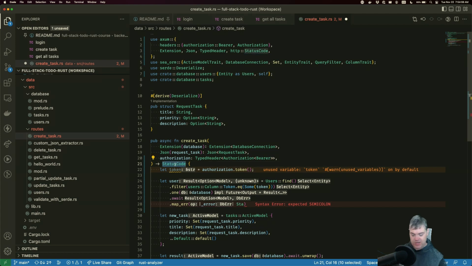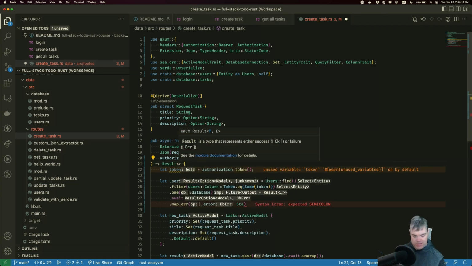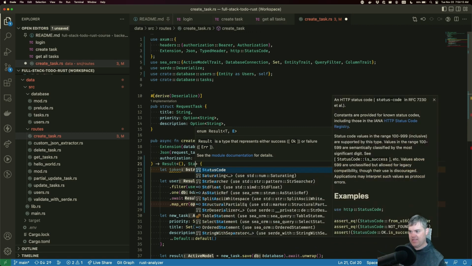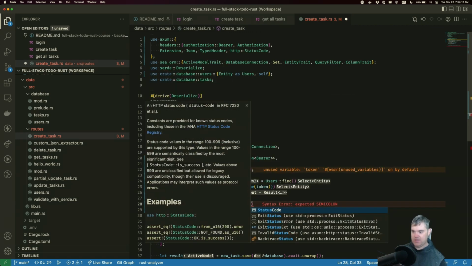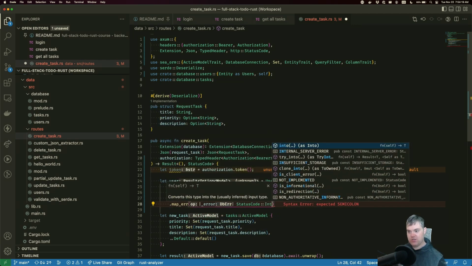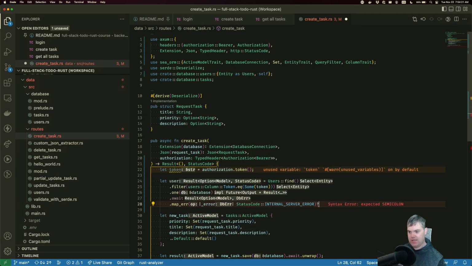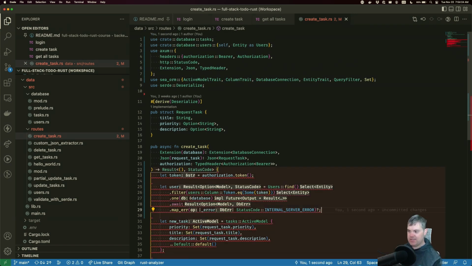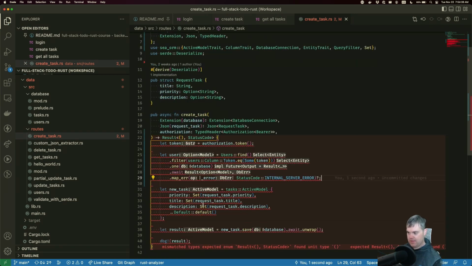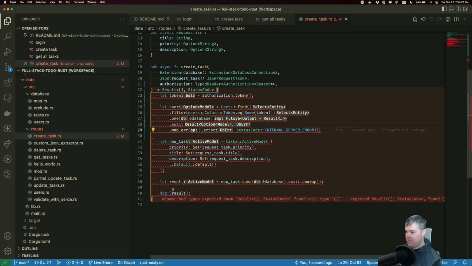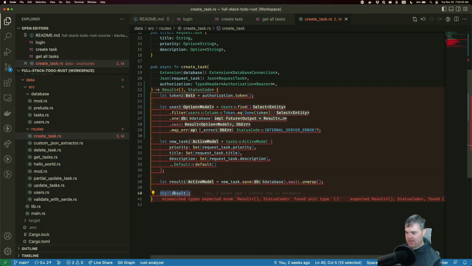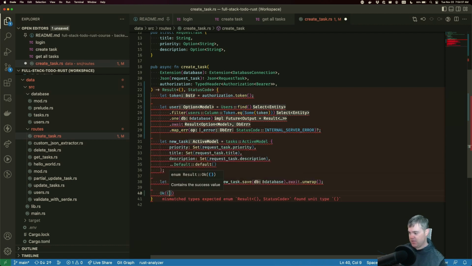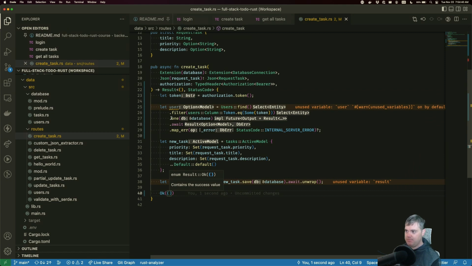In fact, we should return a result with nothing or a status code in case things go wrong. So status code internal server error, and question mark and semicolon that. All right, well, you're just a little bit unhappy. So if we get all the way to the bottom here, we don't need this debug anymore. We know that we've successfully saved this. This just becomes okay. That's happy.